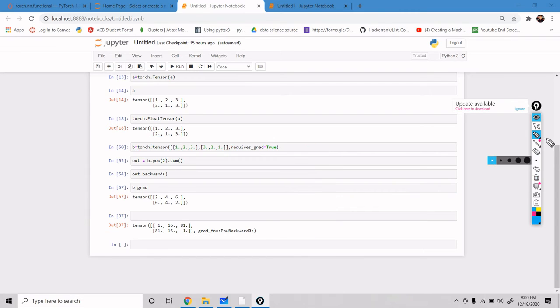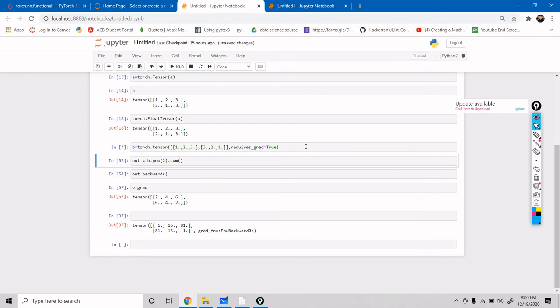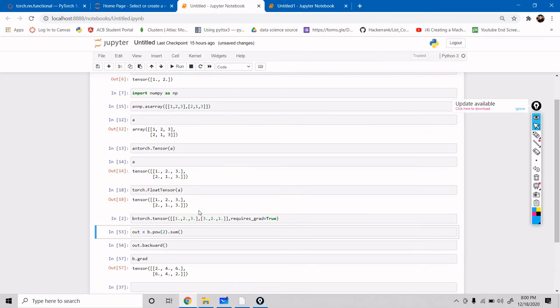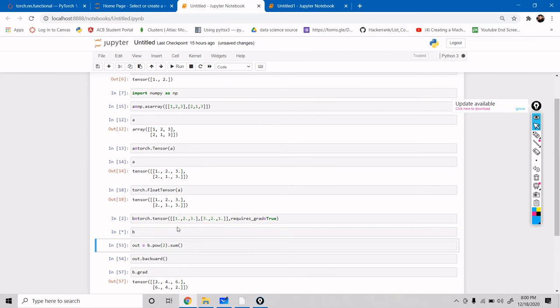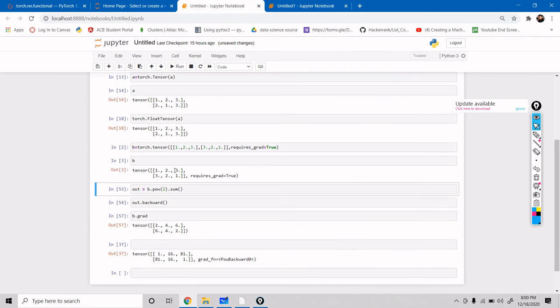Okay, I will show you. Let me execute this. As we can see, our b is nothing but my tensor with the parameter requires_grad equal to True. What if I want to make out?